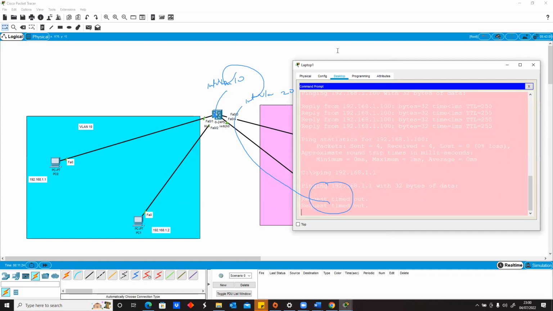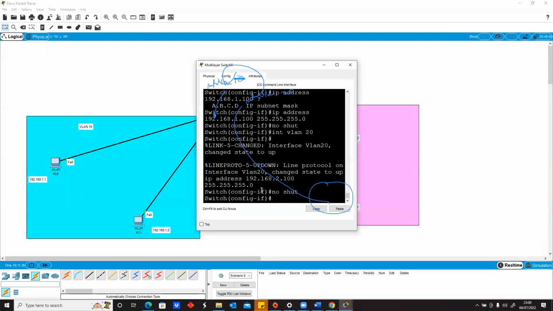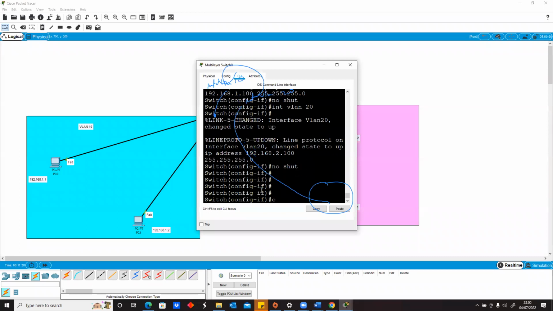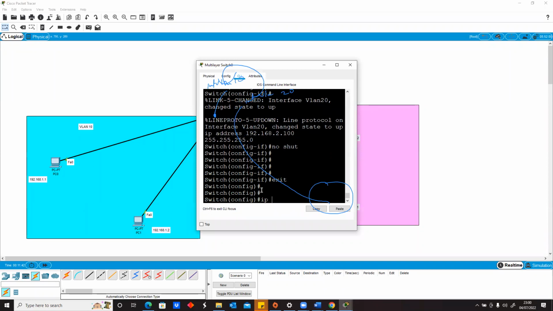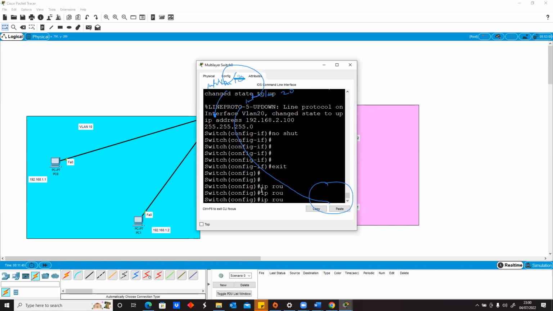Again, the reason why we are not able to ping is because we have to enable the routing capability on the switch. So on this switch, we have to do ip routing. So when we do IP routing,